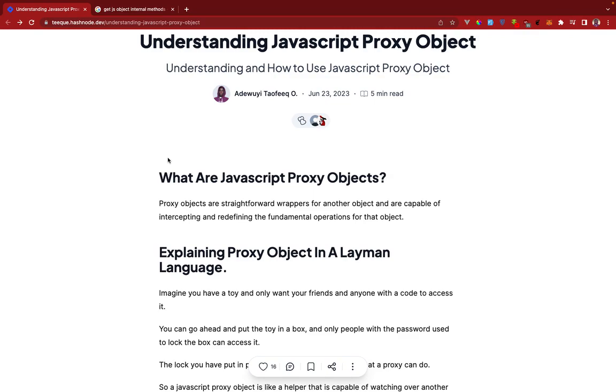They basically give you the ability to put an extra layer on your regular JavaScript object. And this extra layer you are adding to your regular JavaScript object is capable of intercepting and redefining the fundamental operations of the object. Now, what are the kind of operations? The question you'll be asking me is, what are the kind of operations that we actually perform on a JavaScript object? For example,